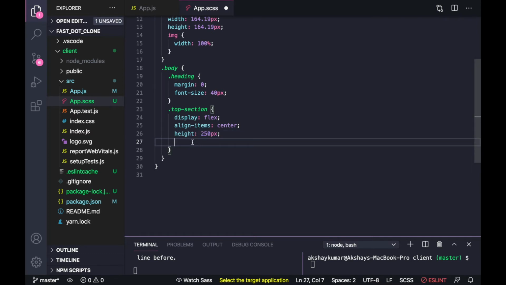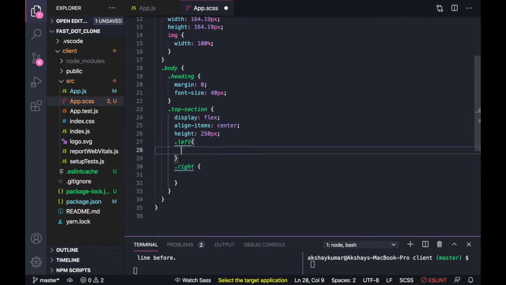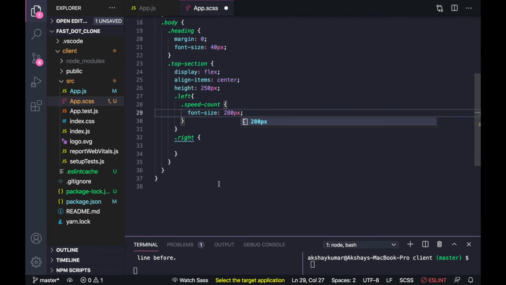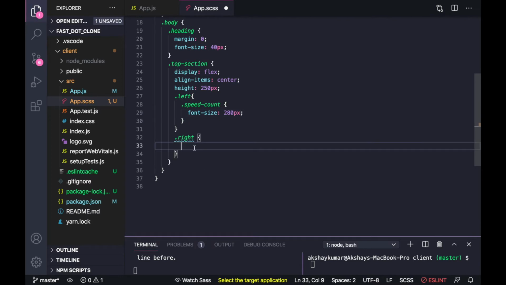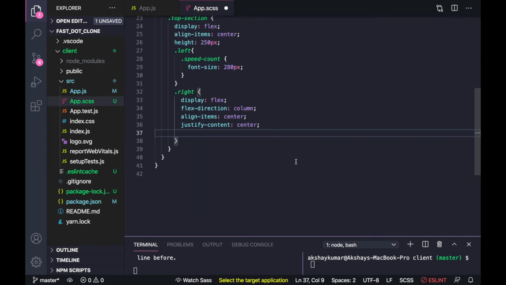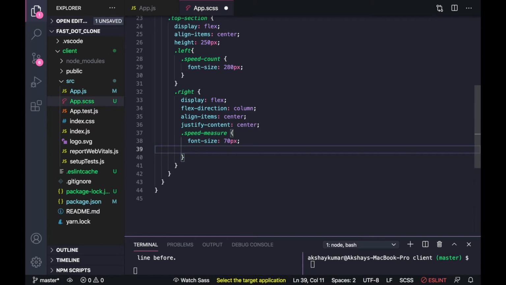Inside this we have 2 sections, left and right. Inside left we will write speed count. Font size will be 280 px. Inside right, display flex, flex direction column, align items center, justify content center. Now for speed measure, font size 70 px, font weight 700.